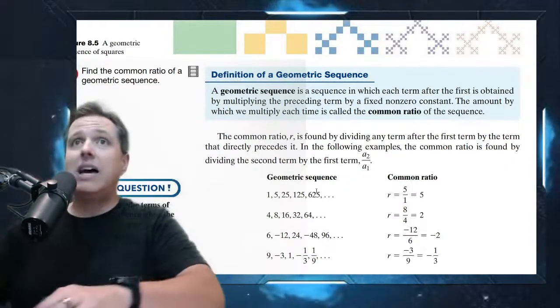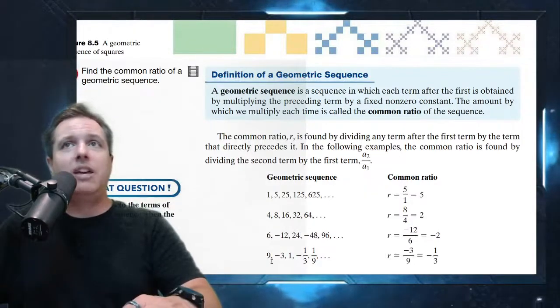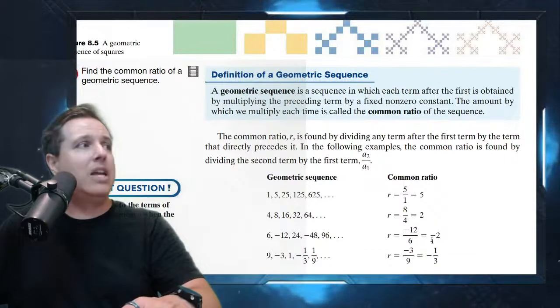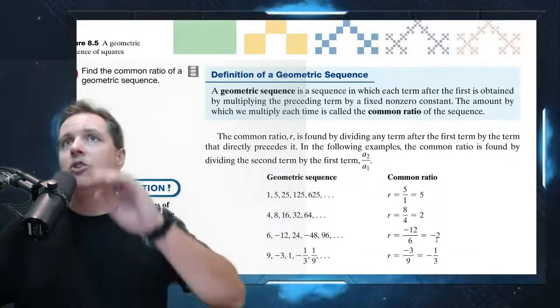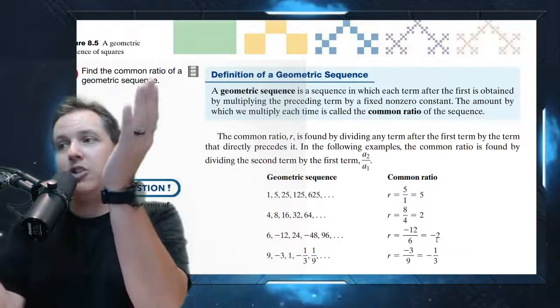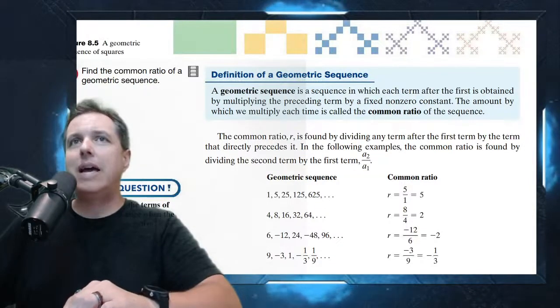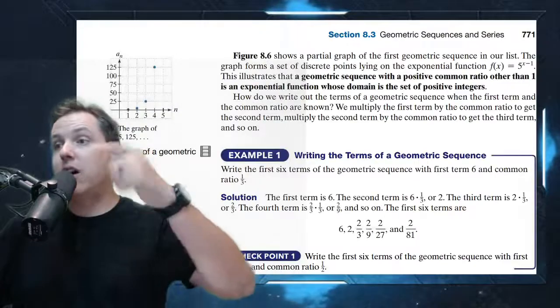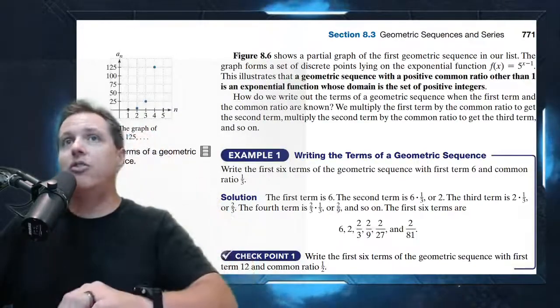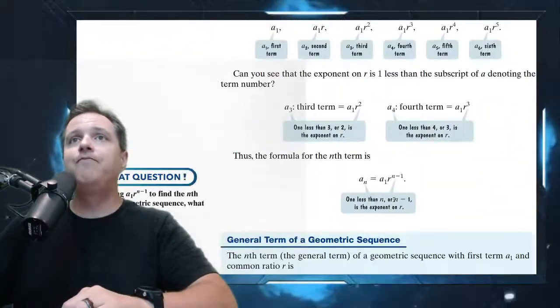They can be like that, but they can also be like this, where see how our 6 is not a power of -2, our common ratio. So your starting term and your ratio can be separate from each other. Sometimes people think they have to match up and be the same. They don't. But your common ratio has to be consistently the thing you multiply to get the other term.